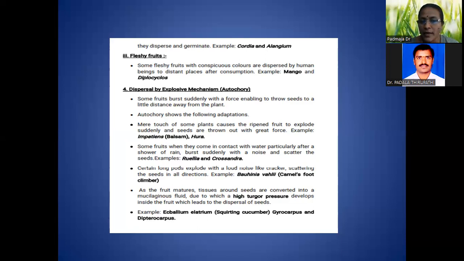Sometimes when they come in contact with water, particularly after the shower of rain, if you observe clearly, when the plants are growing, just like the Crossandra,